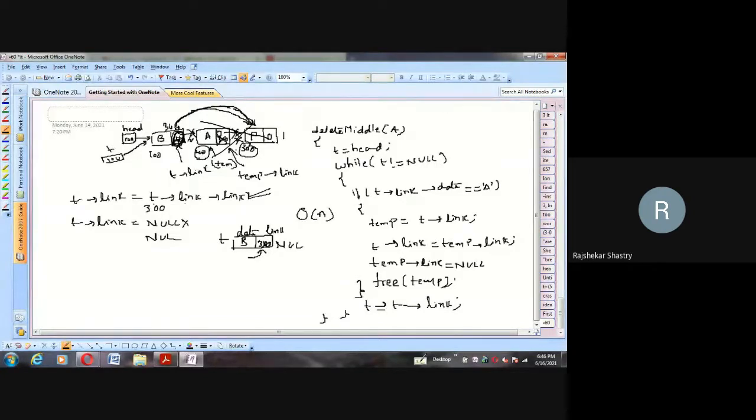Otherwise, after establishing, your work is done. Once you adopt this single step, your work is done. You are pointing to the next node by eliminating A, or not caring about A. Now, are there any more modifications? T→link equal to null is not required, sir, if we are directly pointing to it. No, yeah, this is very dangerous.